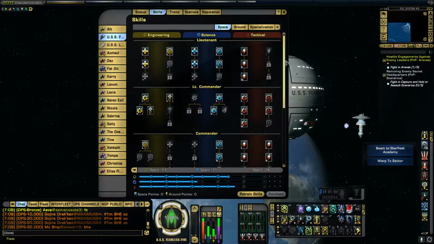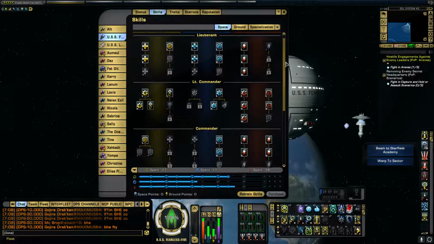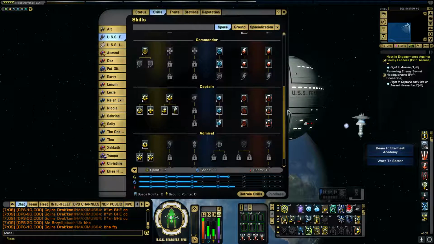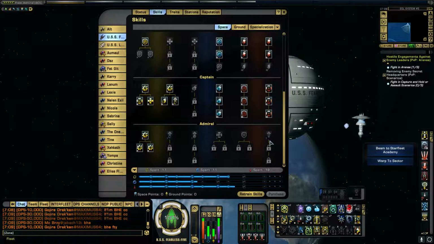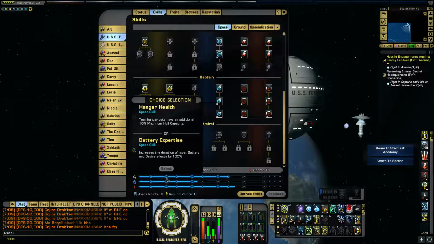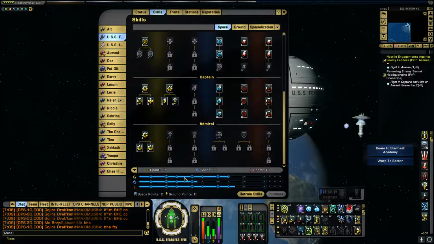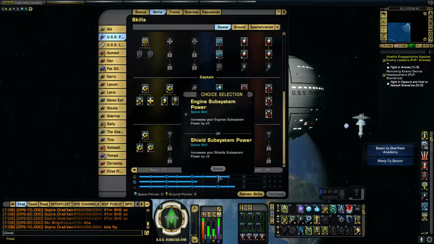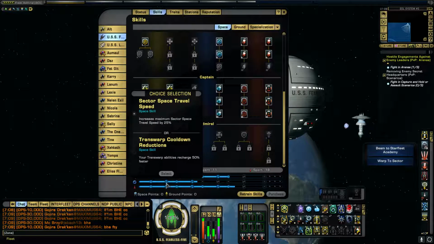For skills, I didn't max out TAC, but I did go heavily into it. And I went heavily into power systems, shields and hull. And what I had left over went into a little bit of drain. If we look at the things, you can see my selections: battery, hull capacity, engine, because I usually fly cruisers, sector space for Tour of the Galaxy,